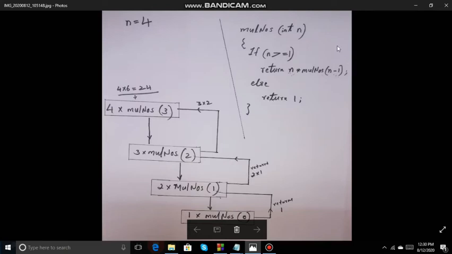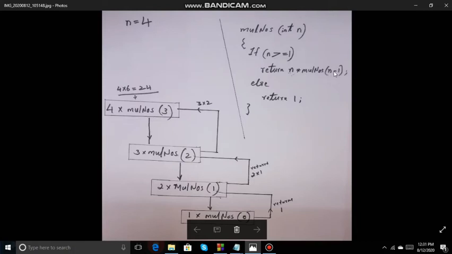So when n is equal to 4, it is 4 into MULNOS of 3. It comes here and calls the function again with the value 3 as the argument.